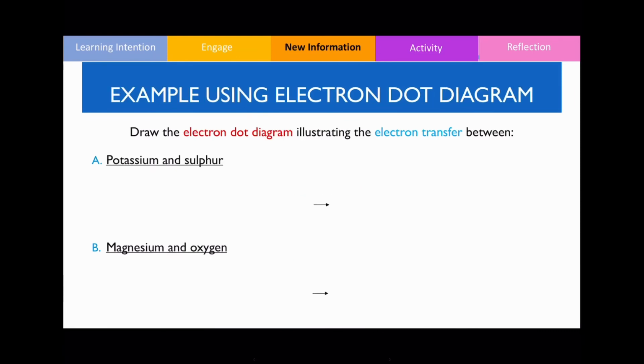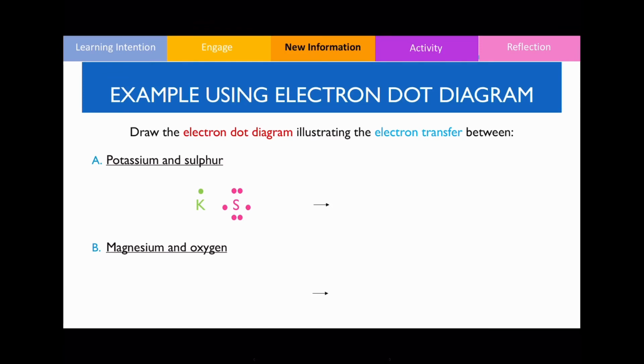I'm now going to be showing you an example of how to do this using the electron dot diagram. The electron dot diagram is going to be a lot simpler because you don't have to draw all these unnecessary inner shell electrons. So potassium, we know that it has one valence electron because it's found in group 1. So you can draw potassium like this, and sulfur is found in group 6, so therefore it's got 6 valence